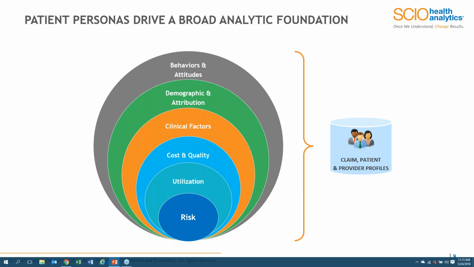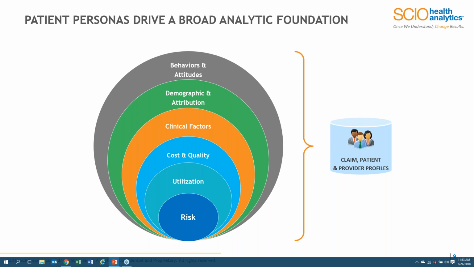So when you look at a patient or a persona type, there's a number of attributes that go into valuing that patient. It's not just demographics, it's not just socioeconomic factors, and it's not just clinical factors. It's behavior and attitudinal data, understanding what triggers drive a patient's, or I should say a persona's, behavior in terms of seeking care, following up with care, adherence and or compliance.